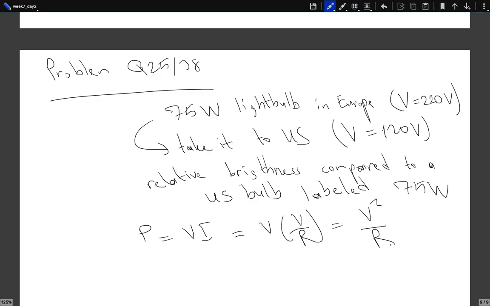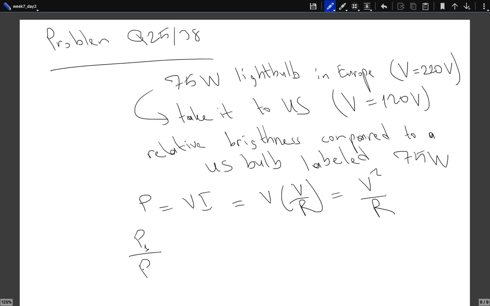So if you have two light bulbs, their brightness will be proportional to the power that they use. So the ratio of their power will be V squared over R1 divided by V squared over R2. They are connected to the same potential. So the power ratio is just the inverse ratio of their resistances if you connect them to the same voltage. So what we need to do here is find the ratio of resistances